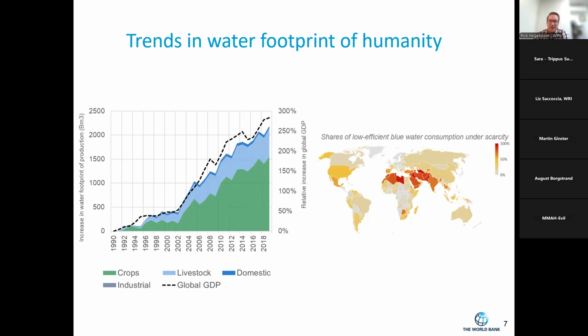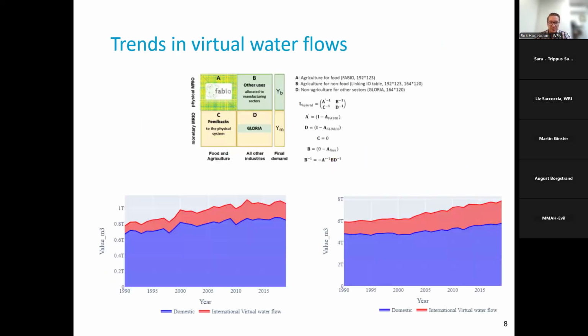So all our new developments in water resources, if you will, for blue water are in areas that are water scarce. So if we take those two dimensions together, on the one hand, we waste a lot of water by using it inefficiently in many places, but we also overuse water in many places by taking it from scarce basins. We quantified that 2/3 of our blue water footprint of blue water consumption, as illustrated in this little map to the right, is in water scarce areas under low efficient production, right? 2/3 of our water consumption is inefficient and unsustainable.